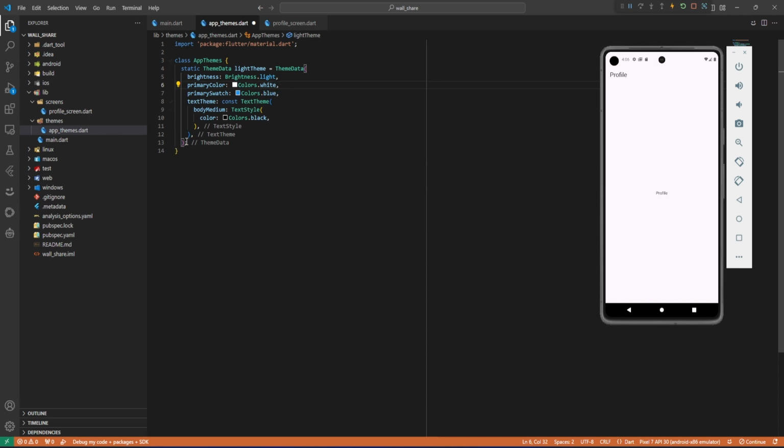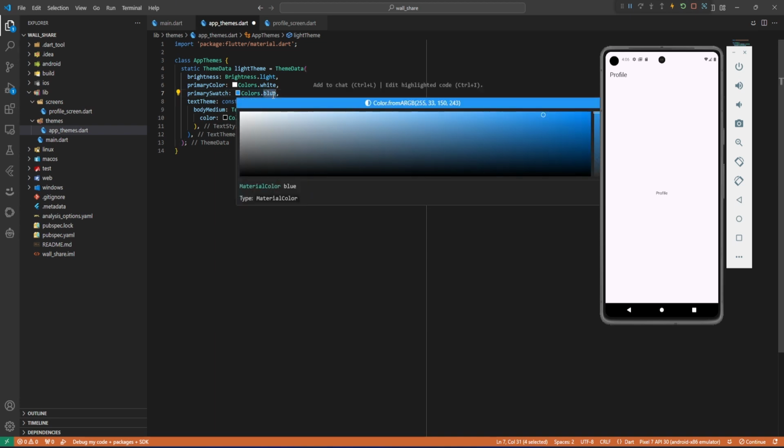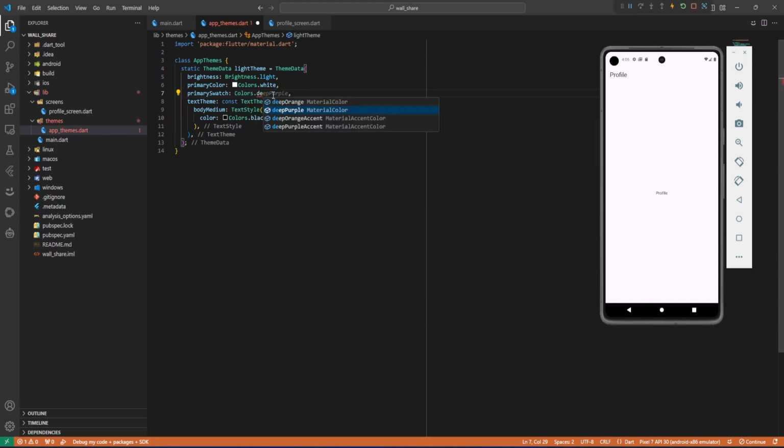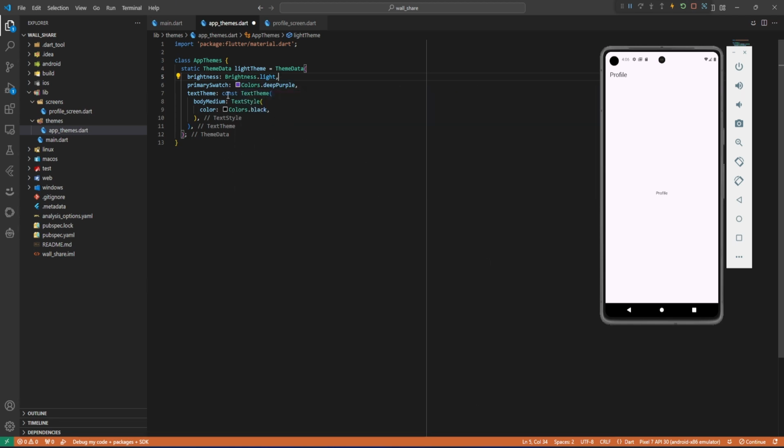So for now, let me remove all of these, like primary color, and then primary. The primary swatch, that's what I'm really interested in here. So this one, I'm just going to give it a deep purple, and then the primary color, we can remove this, unless you want to describe everything in detail. For now we just want what matters, what will make the difference between the light and the dark